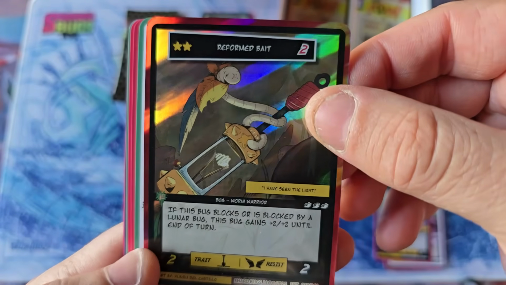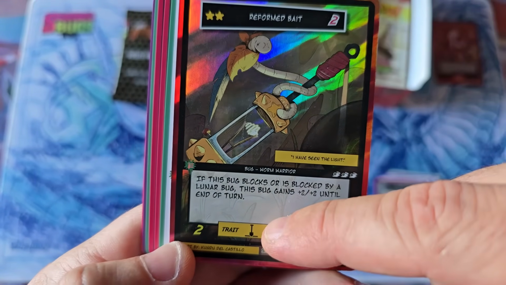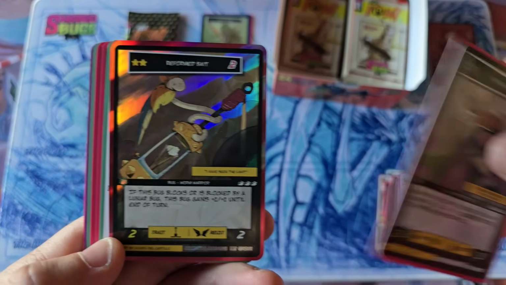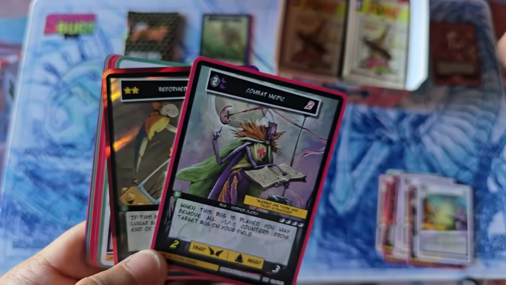We are moving forward, and Reformed Bait. Nice little bug card there. It's a 2/2. It is a trait. It's an underground. See the shovel? So it's an underground card. So again, flying cards like we saw earlier. Like here you go. This one flies. And again, you can see the different... Which one was our...